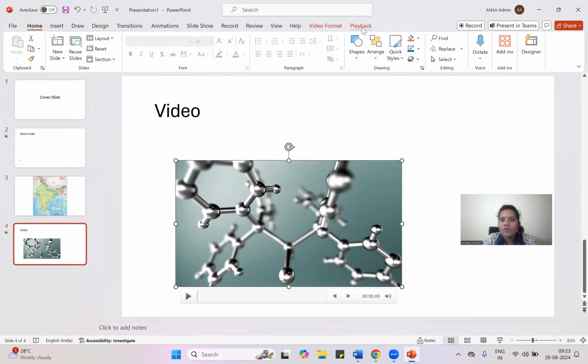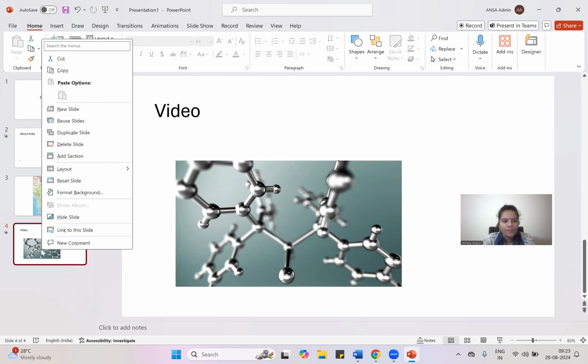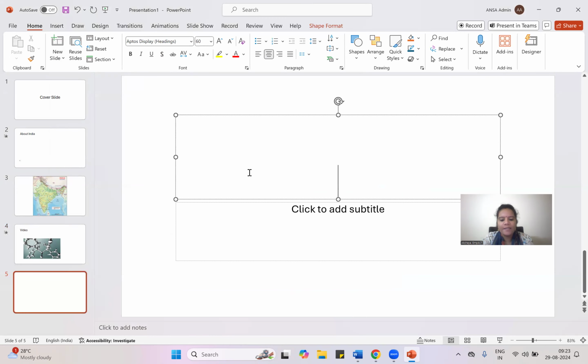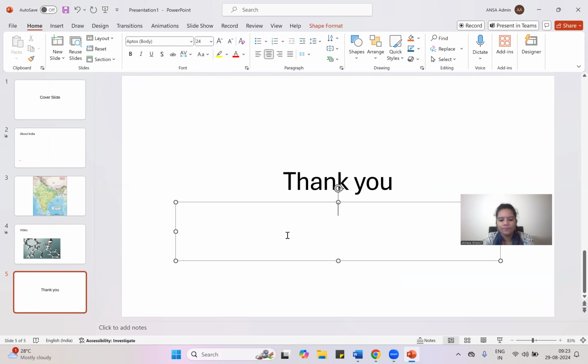So suppose you want this to play automatically. For example, let's do a small rearrangement. Let me insert a title slide itself and make it a thank you slide. Thank you slide from team A, for example.